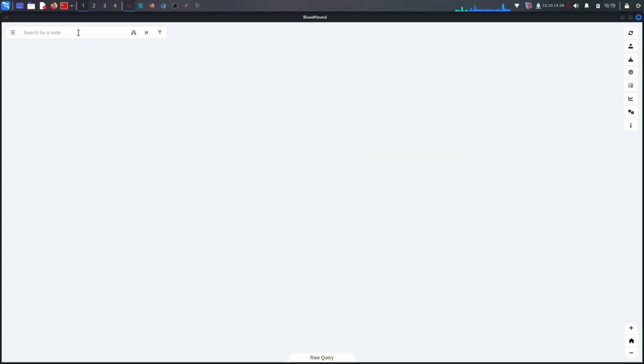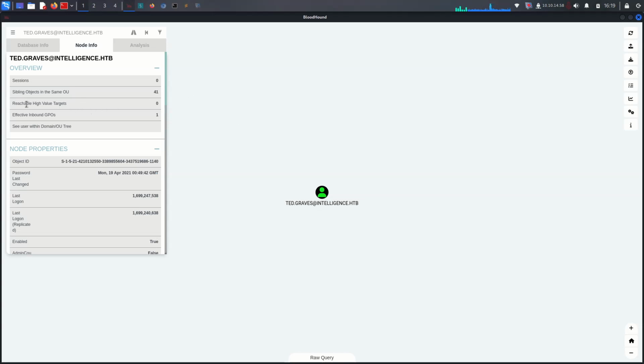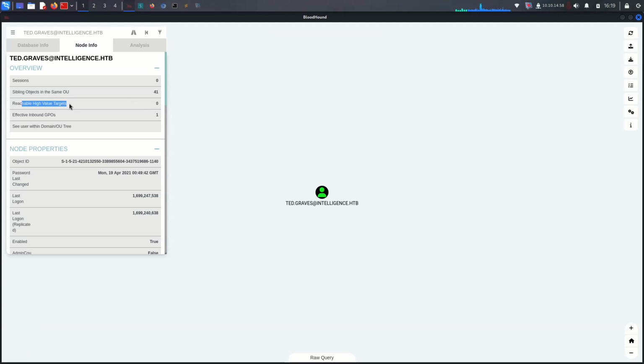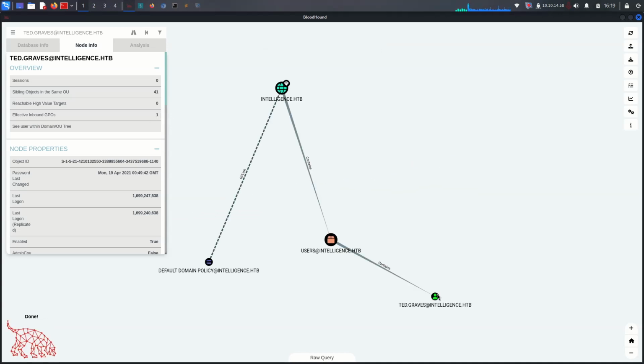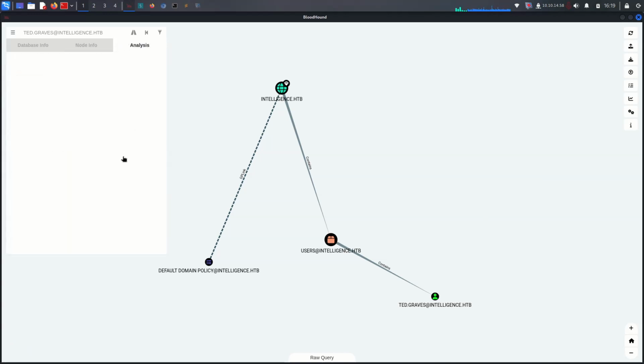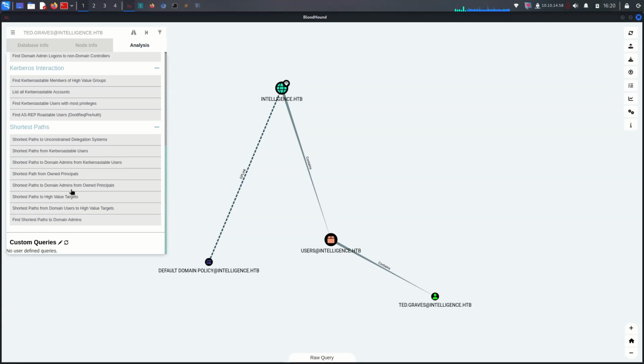Alright, so let me go here, Tad Graves intelligence.htb, and go to node info. Reachable high value targets is 0. So it's just giving us contains, and it's giving us Tad Graves intelligence.htb, and we can go to analyze,